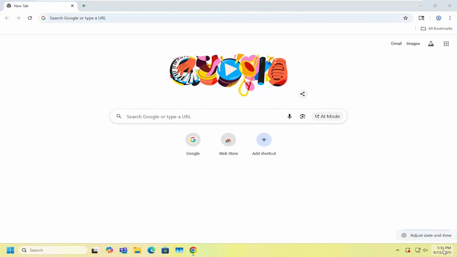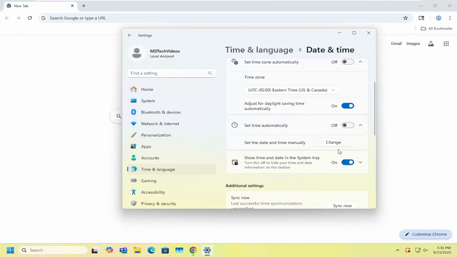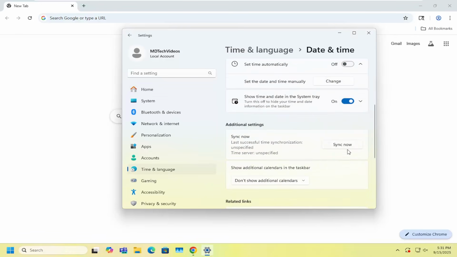If not, you may have to right click on it and adjust date and time. And then you will have to go ahead and sync now. So go down to additional settings and sync up your time. And then hopefully your date and time settings will update. Relaunch YouTube, and then hopefully that would have resolved the